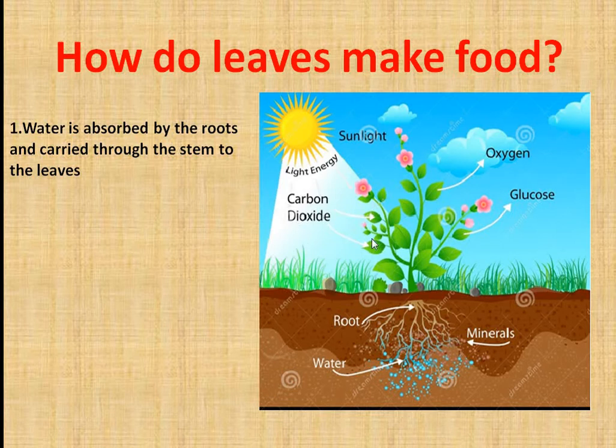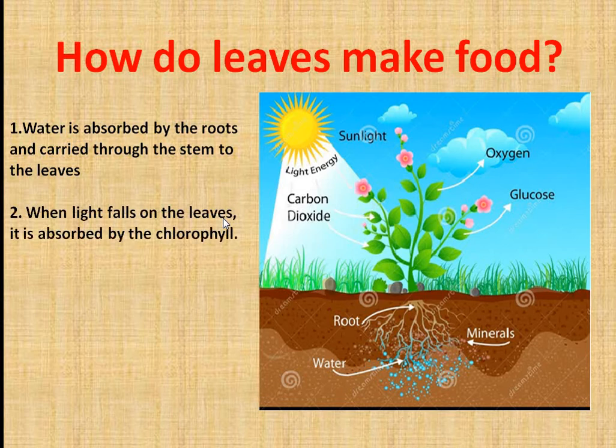When you sow a seed, you water the seed in the soil, right? Water is absorbed by the roots and carried through the stem to the leaves. As you can see, water is here. It is absorbed by the roots and carried through the stem to the different parts of the leaf, to the different leaves, right? Now next, when sunlight falls on the leaves, it is absorbed by the chlorophyll present in